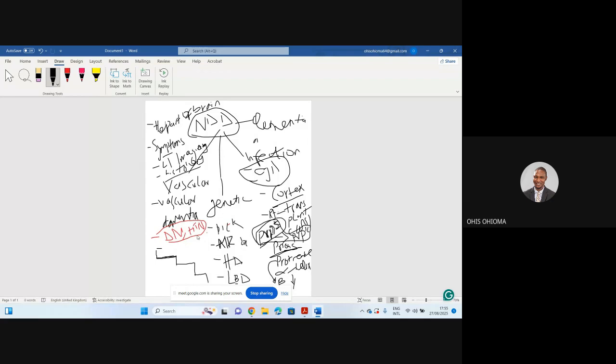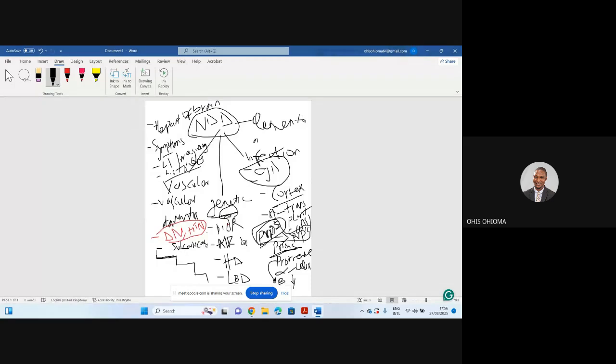The part that is affected in vascular dementia is usually the subcortical regions. These are the parts beneath the cortex that are responsible for memories, the limbic system being one of them, right? Subcortical just means every other part below the cortex. So you have the limbic system, the basal ganglia, regions such as that, just below the cortex, that are affected in